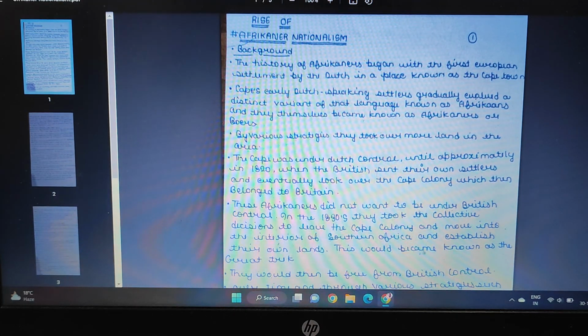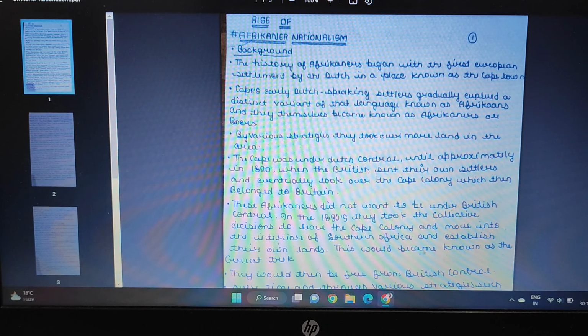Today's topic that we are going to discuss is the rise of Afrikaner nationalism. We are going to learn how, in southern Africa, Afrikaner nationalism rose to its high position. When we talk about the background of the topic, the history of Afrikaners begins with the first European settlement